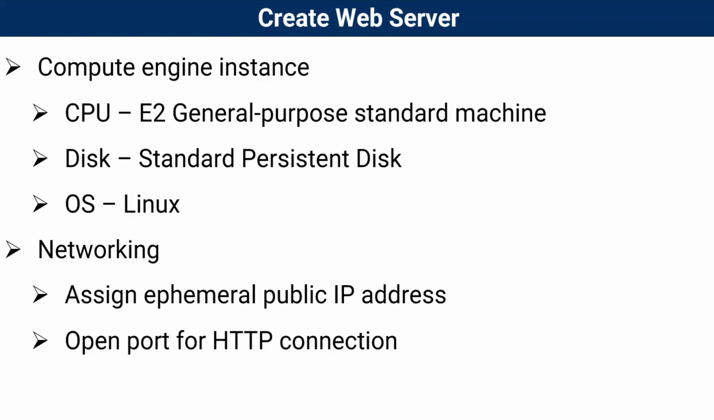In case of ephemeral IP address, every time the VM is started, a new IP address will be allocated to the VM. If you want to fix the IP address for your VM, then you must use the static IP address. But keep in mind that you will need to pay charges for any static IP address which is not allocated to any VM. Now let me explain the commands which are required to configure the Apache web server inside this VM